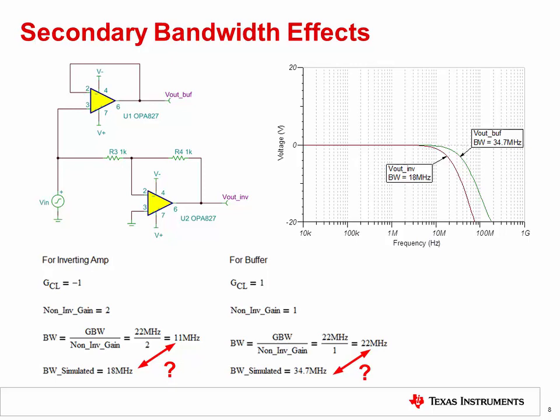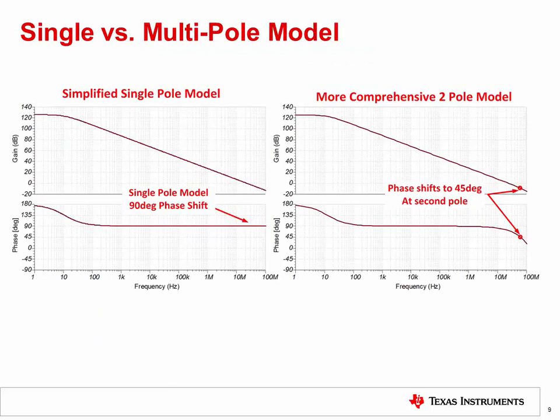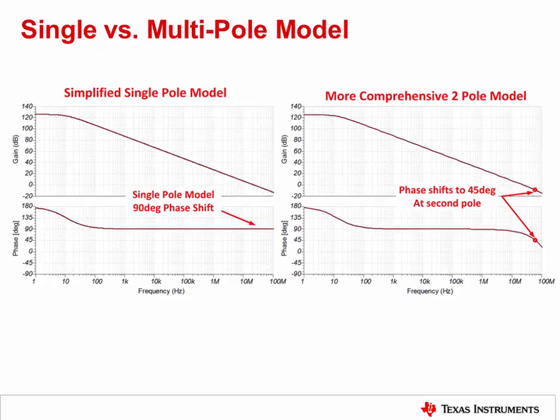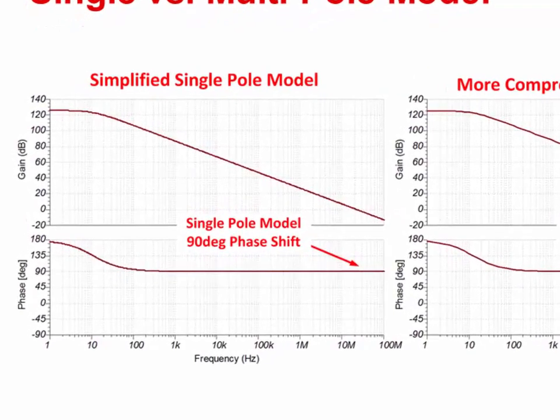We have already discussed the presence of a low frequency or dominant pole. The other poles are typically placed outside the unity gain bandwidth of the device. However, they can still affect the bandwidth. This slide depicts the AOL and phase curves for a simplified simulation model on the left. Notice that only the dominant pole appears in the AOL curve. When we look at the corresponding phase plot, we see the corresponding 90 degrees of phase shift due to the dominant pole. At higher frequency, there is clearly no additional pole since the phase plot remains constant.